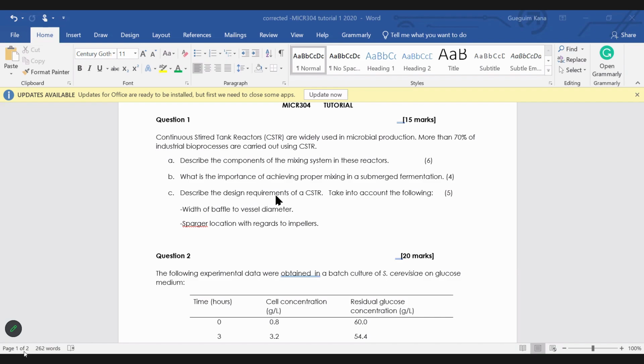Describe the design requirements of continuous state tanks. That covers the entire portion of the bioreactors, which have to withstand repeated cycles of sterilization. They have to be able to achieve proper mixing of the nutrients, and so on and so forth. All the criteria listed